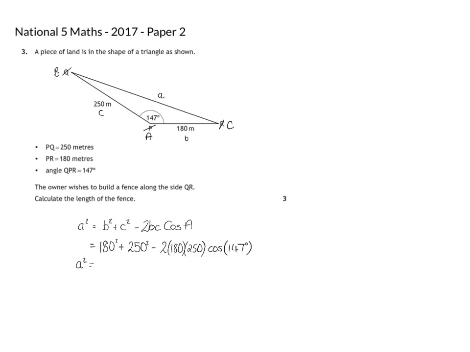When we put that into our calculator, we have 180 squared plus 250 squared minus 2 times 180 times 250 times the cos of 147. We get that A squared is 170,380.3511. So A is the square root of that. So just copy it out again. When we're putting this in our calculator, we should just put square root answer, and we get